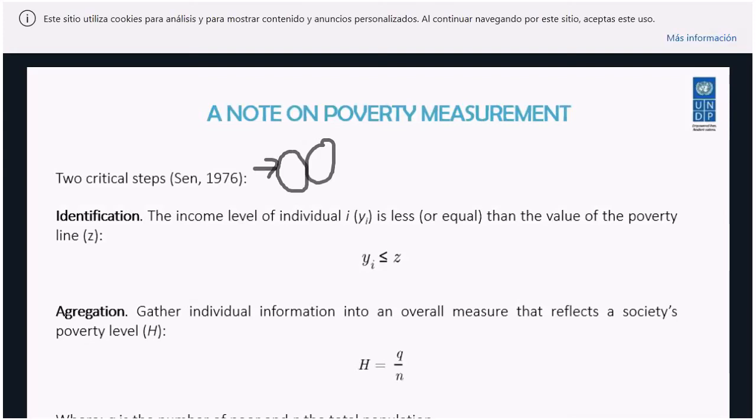So if I am comparing my per capita income with that threshold, with that value of the basket,